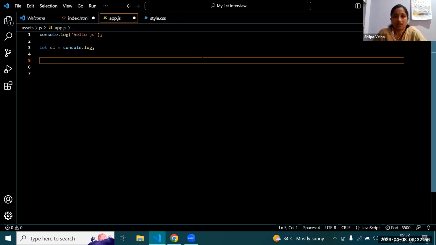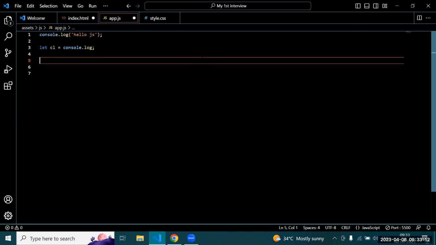Let can be reassigned but not redeclared in the same scope, and const can be neither reassigned nor redeclared in the same scope. Yes, and hoisting is available in var. Hoisting is possible in let and const, but we cannot access them before initialization.